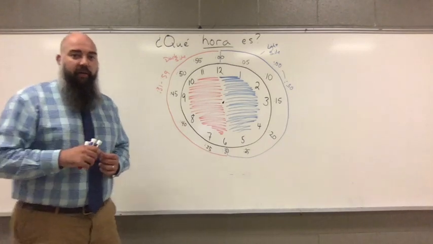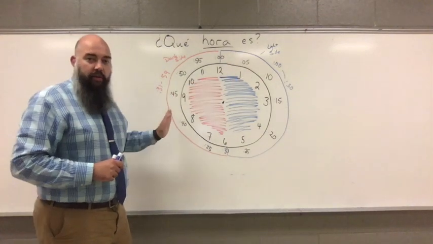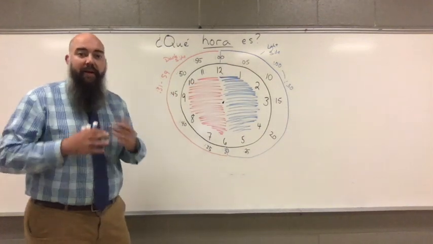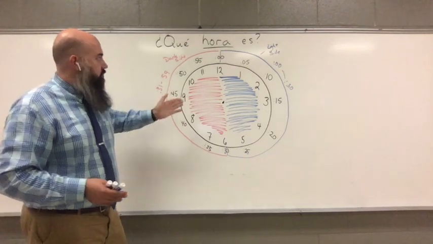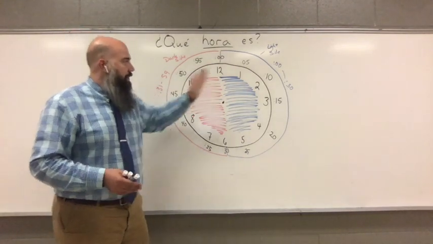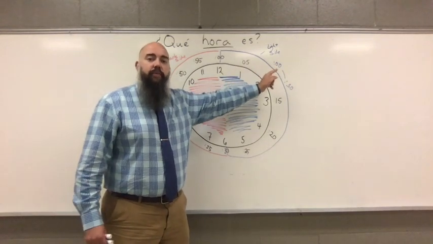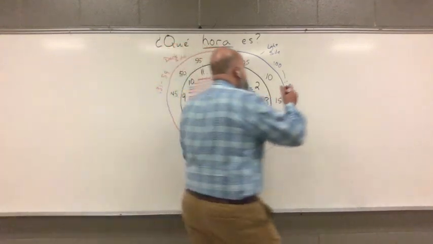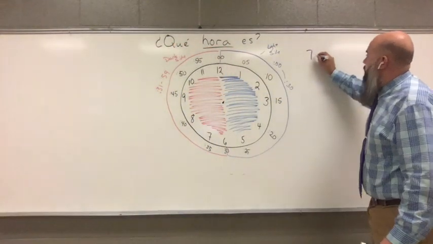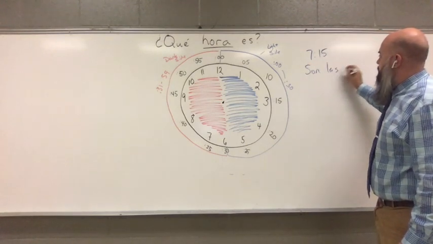The last time we talked, I spoke of the light side and the dark side, and that has to do with the minutes of the clock. The minutes of the clock separate the light side and the dark side. Light side, the minutes of the hour have to be 00 to 30. When we have that, we'll have just a happy time where we just say the light side, son las